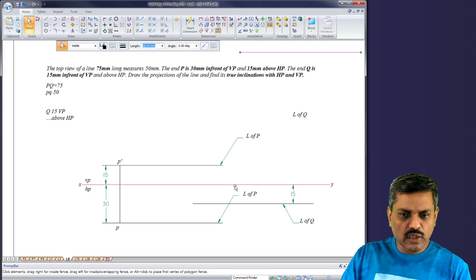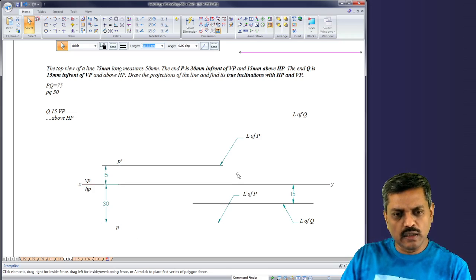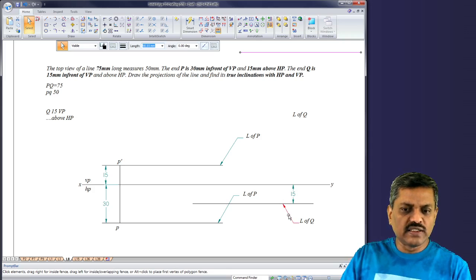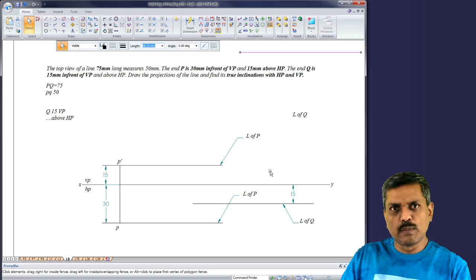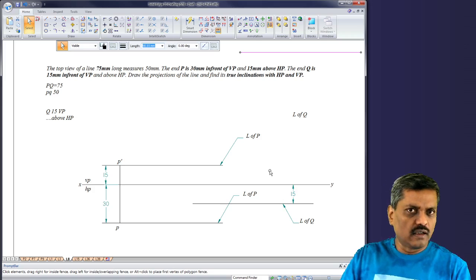In any solution for a given problem related to projection of lines, you try to achieve all four possible loci of these two endpoints: in front view two loci and in top view two loci. If they are there, you try to utilize them, because that is where the solution starts. That means if all four are available, then you are one step away. I repeatedly told you in earlier classes also that you are just one step away from getting the final solution.